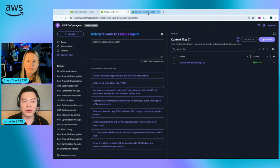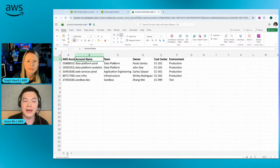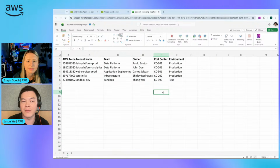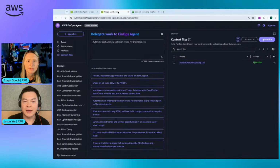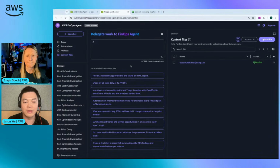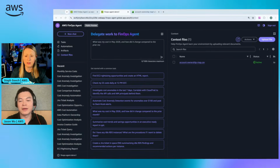And just quickly show you what has been stored in that context file. As you can see, there's account number, account names, and team name, owners, cost centers, and those are often not in the AWS environment that you can ask the agent to correlate those data. And yeah, so after you have your context file uploaded, oftentimes we gave some pre-defined prompts that you can start with, or simply